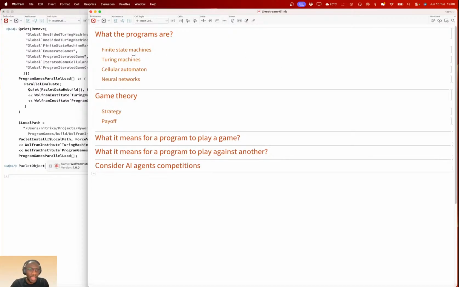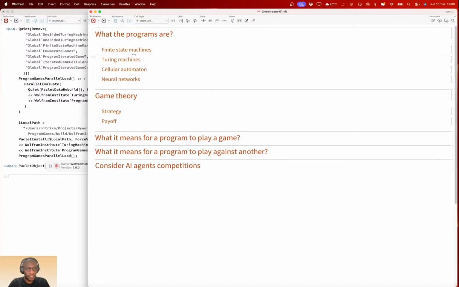Some of the examples we will go through are a finite state machine, a Turing machine, and a cellular automaton. If we have time, we can also discuss neural networks, because neural networks are also programs, very sophisticated programs, if you have really dug deep into neural nets.